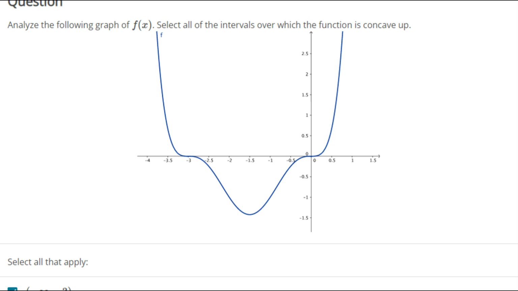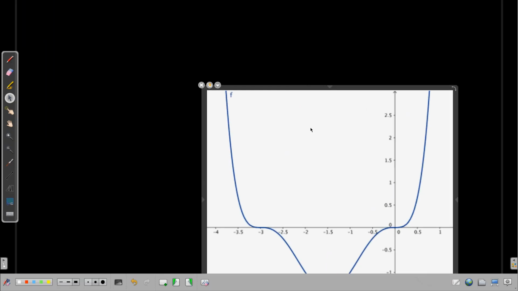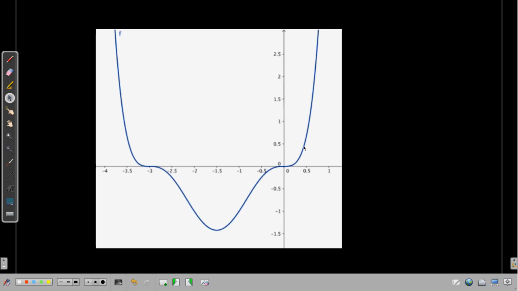Let me get a picture of this. If I look at where it appeared that it was about to change concavity,